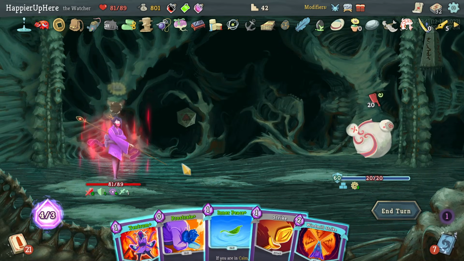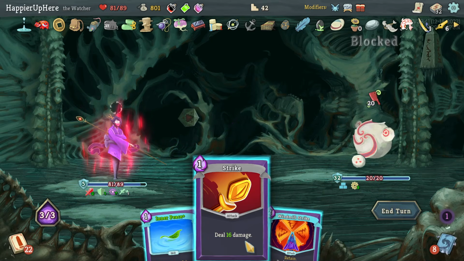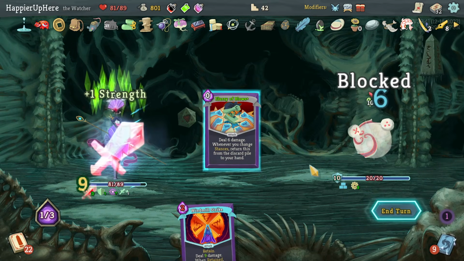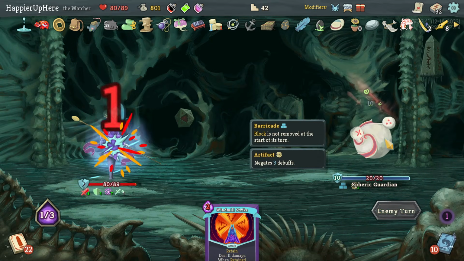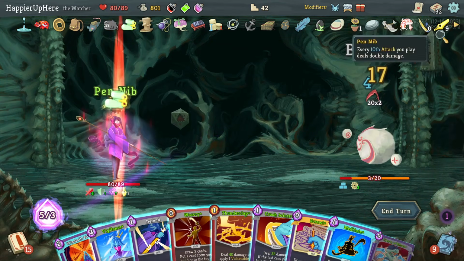Next turn I am. We can have 20 incoming. Let's do Prostrate, Tantrum, Windmill Strike, and Strike is not going to be enough, right? No. So let's do this. And yeah, only take 1 damage. Good. And then here I can do Tantrum and...